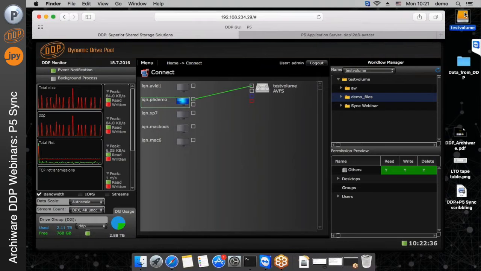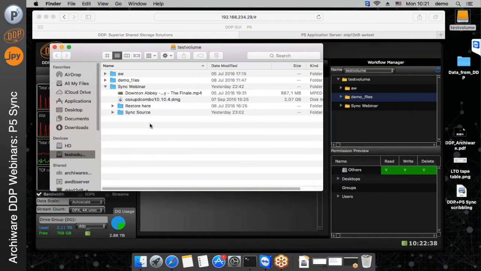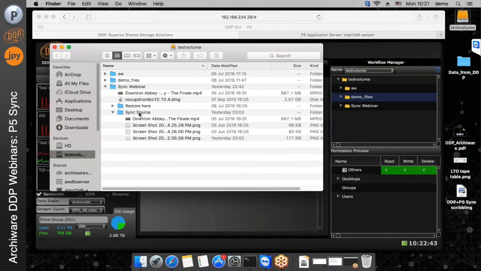So I actually have some storage from the DDP mounted up here, and there's some data here that we're going to back up. So you see this folder here, sync source. It's got 4 files in it. This is residing on the DDP, and what we're going to do is show you how we can replicate that between the DDP and, in this case, the Mac, but it's obviously possible to replicate between one